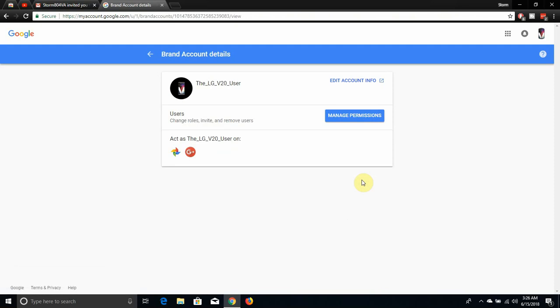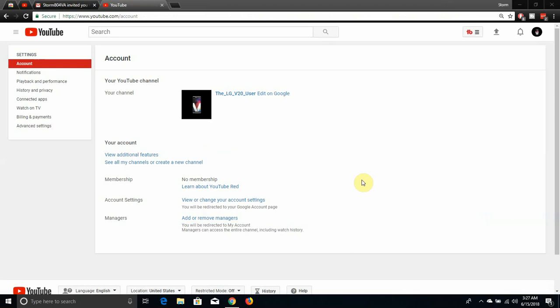And then what you want to do is go all the way back to settings. I know it's just a pain in the ass. Just go back all the way to settings, and I'll be right back. Once you go to settings, you will be brought back to this page right here. And what you want to do is go back to managers here, click on add or remove manager,